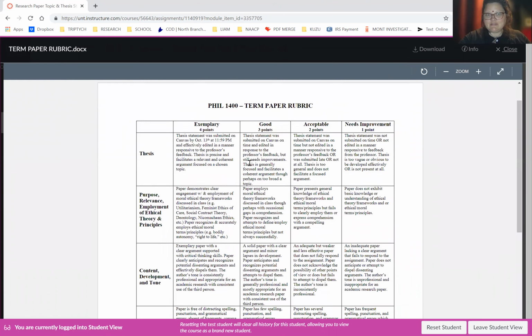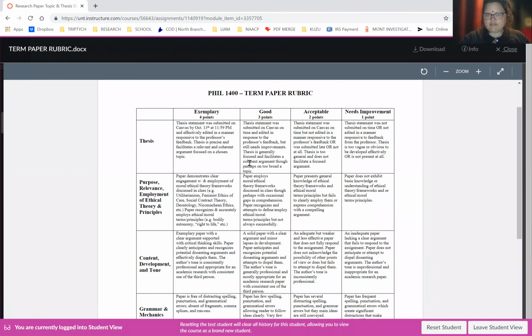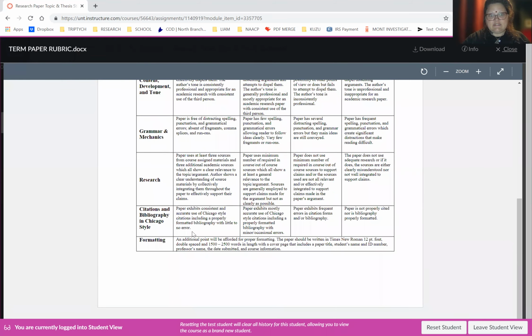This is me basically showing you exactly how I'm going to grade your paper. It's like the equivalent of me giving you the answer key to a test in advance. So I want you to see how this works. I'm going to grade your paper piece by piece, one element at a time, and this is exactly how I'm going to do it. So the first thing I'm going to do is check formatting. It's actually down here at the bottom, which is kind of annoying, but that's the first thing I'm going to check.